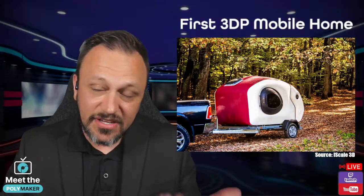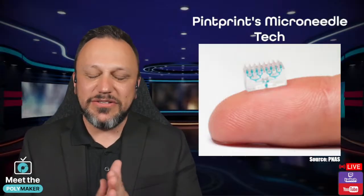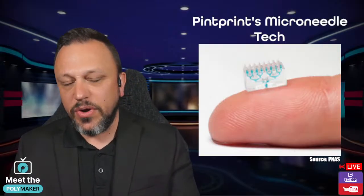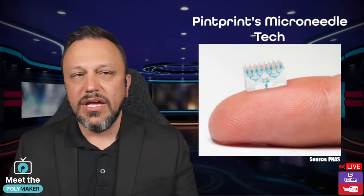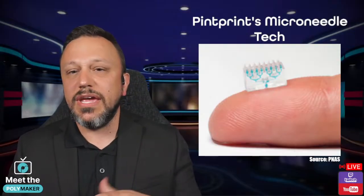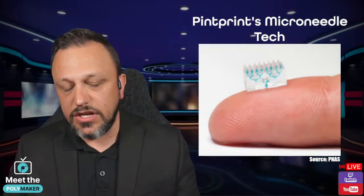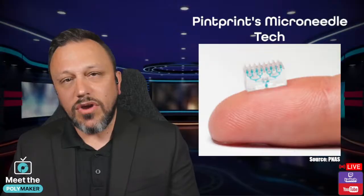But I guess if you like 2 other people and you don't mind snuggling in a confined space, maybe this is your jam. And next up, we've got a US-based biotech company, Continuity Biosciences, has actually teamed with Pinpoint, who makes micro needles. What is cool about this is these are 3D printed. Now they're using something called Injection Continuous Liquid Interface Production, or iCLIP, to create such precise channels to be able to make this basically a patch that can deliver drugs through a patch instead of having to do needles and stick yourself with things. So like diabetics, things like that, might have something in the horizon to where they can